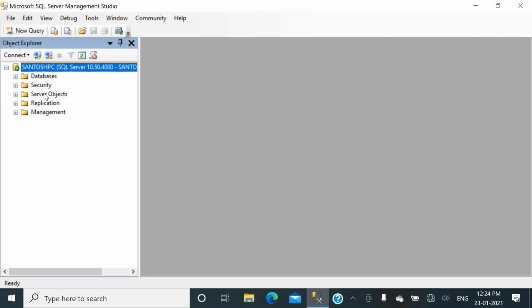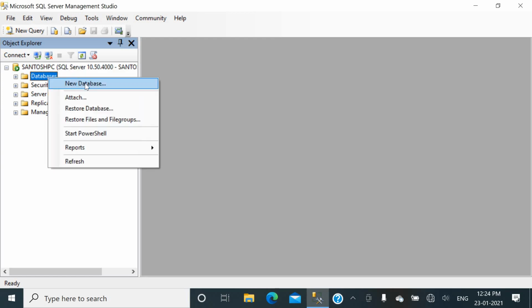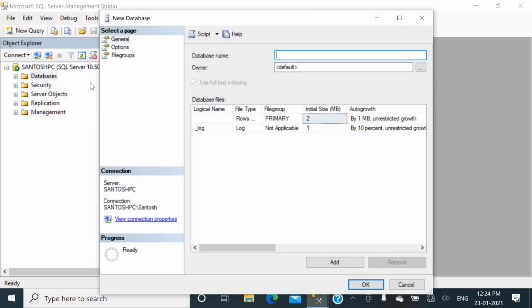Here you will get some folders, and from that folders we have to right click on this databases folder and choose the new database option. Here you will get the dialog box where you can provide the database name. Here in the database name text box, you can give the database name.